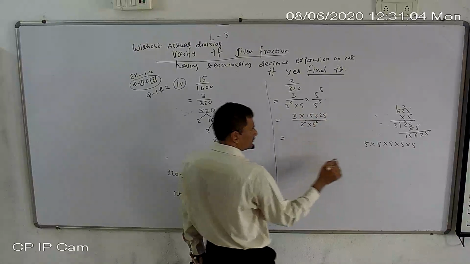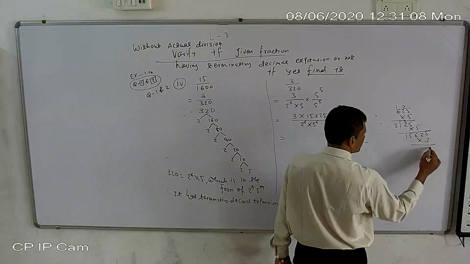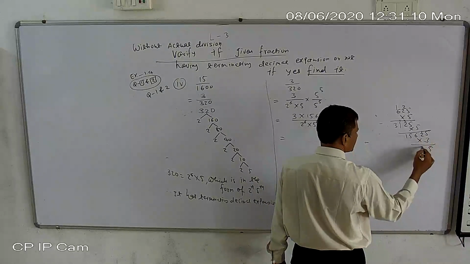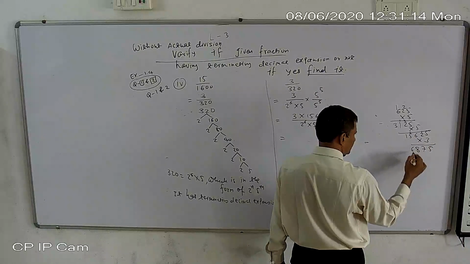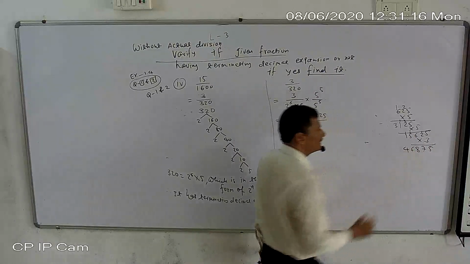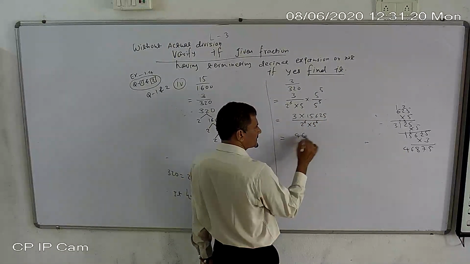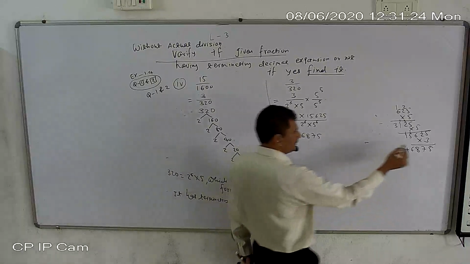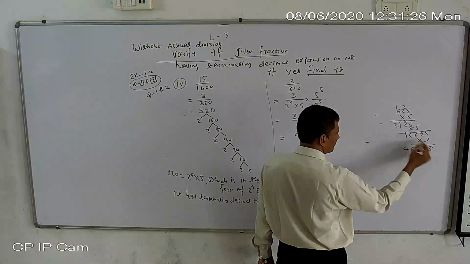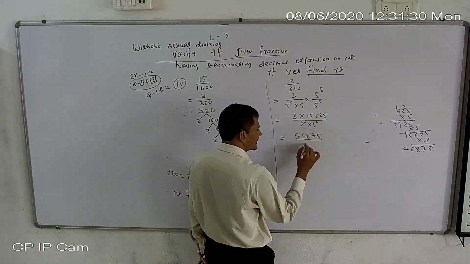So now multiply this number by 3. So 3 5s are 15, 1 3 2s are 6, 7, 6 3s are 18, 1 5 3s are 15 plus 1, 16, 1 3 1s are 3 plus 1, 4. So it becomes 4 6 8 7 5. Okay, 3 5s are 15, 1 3 6 are 18, 1 15 16, 1 4. Okay. Now this one becomes 10 raised to 6.